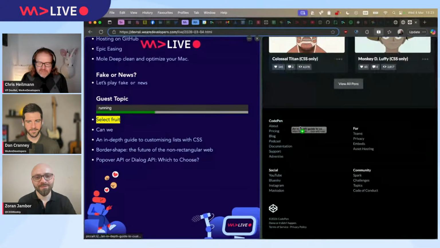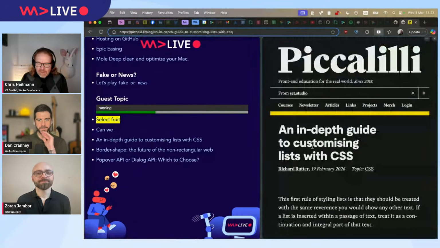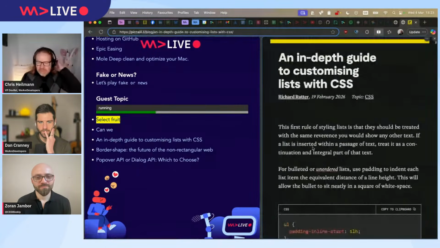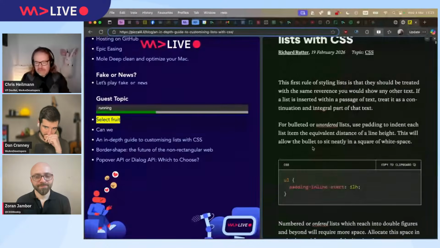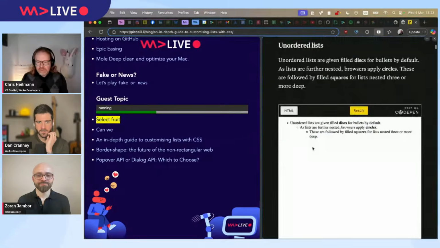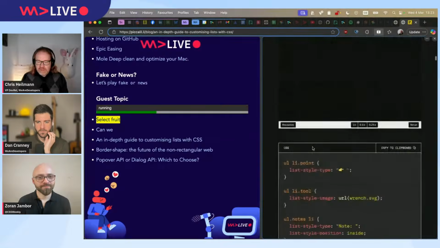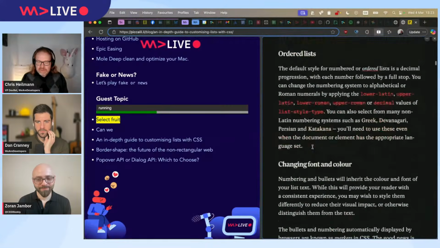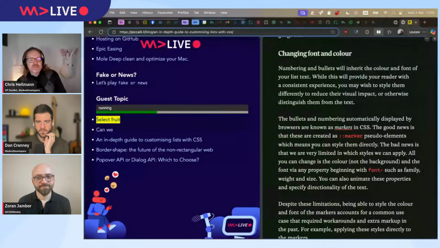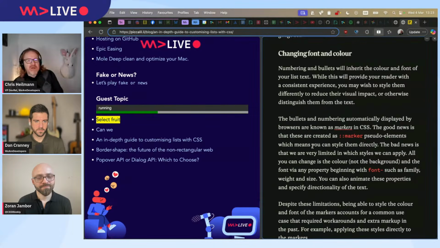Also, lists are finally fully stylable. So Richard Rutter, who actually I haven't seen him do anything for a long time, has an in-depth article about list pointers. Now, one thing that annoyed me about this is when you turned off display on a list, Safari didn't announce it to screen readers anymore as a list, because too many people did that and it was overwhelming people using screen readers.